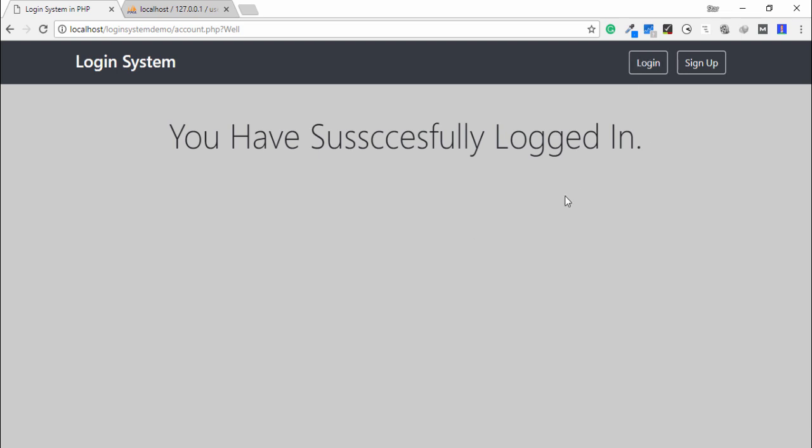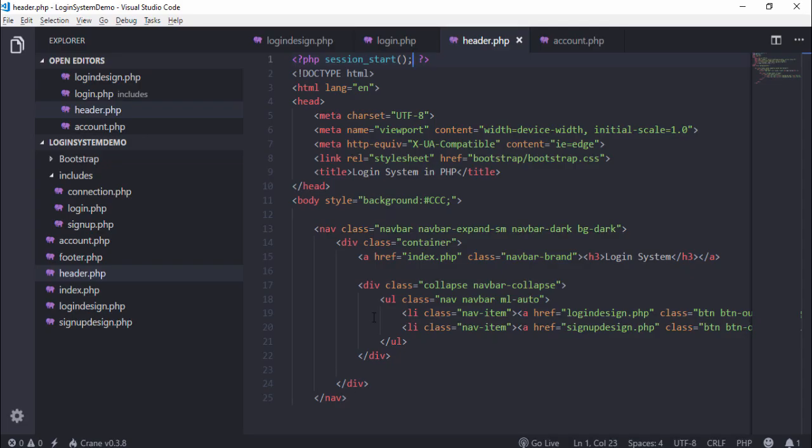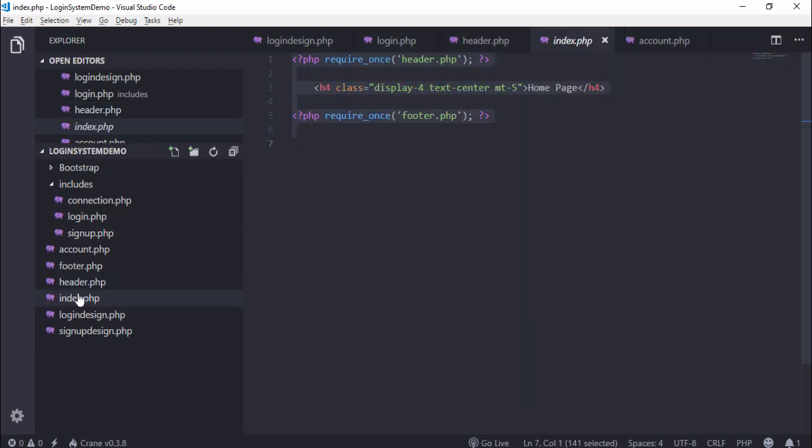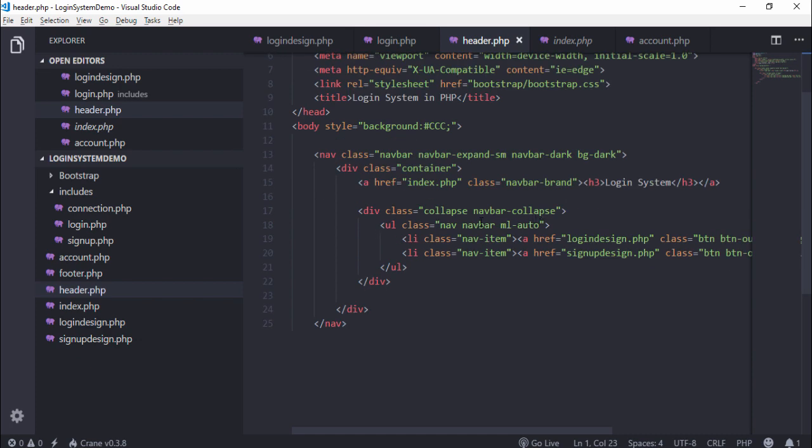Now the other thing is I want to display the logout button here, and when the user clicks on the logout button, the user will be redirected to our login page or home page. So first of all, we will go to the index.php file. This is our header.php file, right? And those are our right side buttons, right? But I want to display the